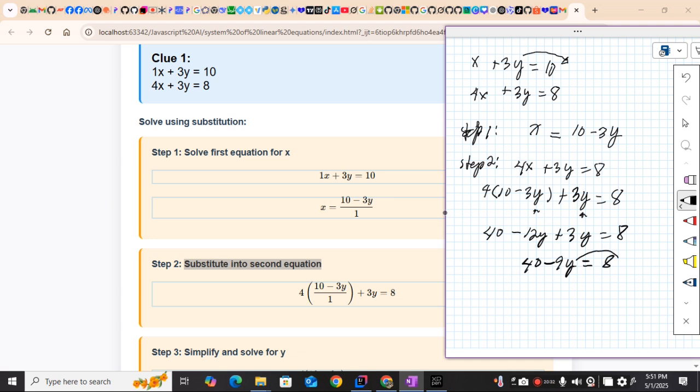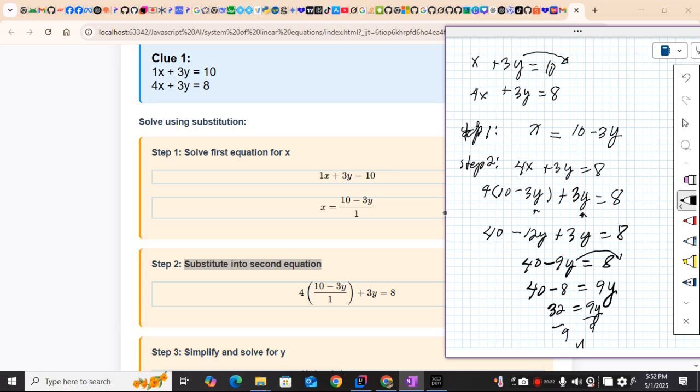So the 9y becomes positive, this one 40, and transpose 8 to the other side, so it becomes minus 8. Therefore, we have 32 equals 9y. And if you divide both sides by 9,